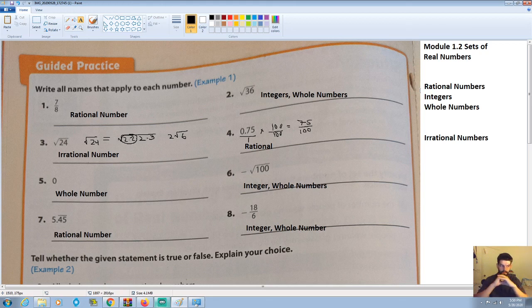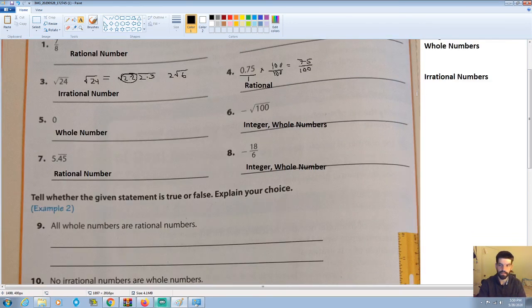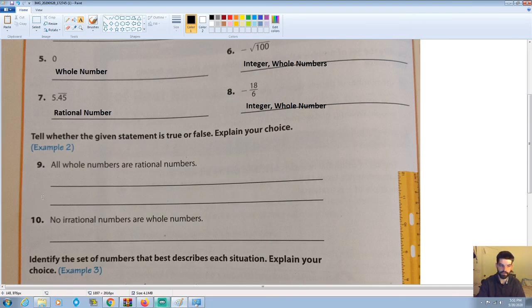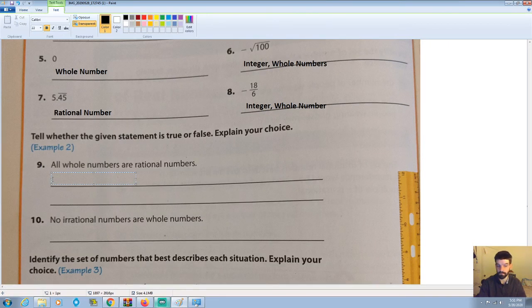So think of the mantle as whole numbers and the crust as rational numbers. So all integers and whole numbers are rational numbers, because we can always express them as themselves over 1. So this is true: all whole numbers are rational,